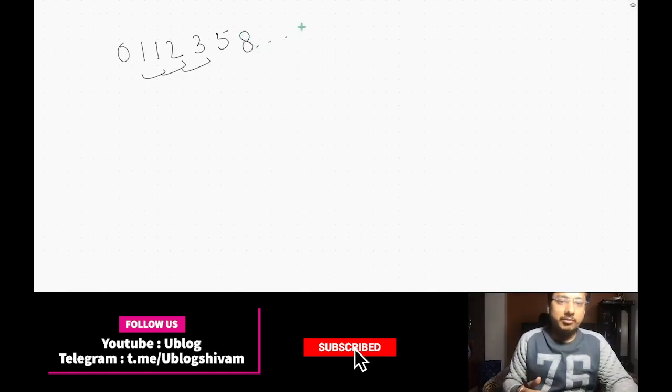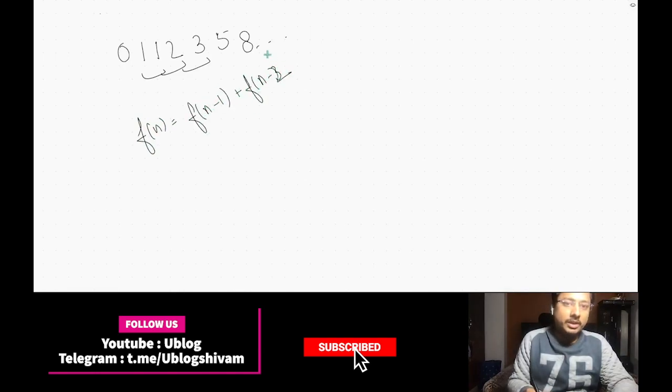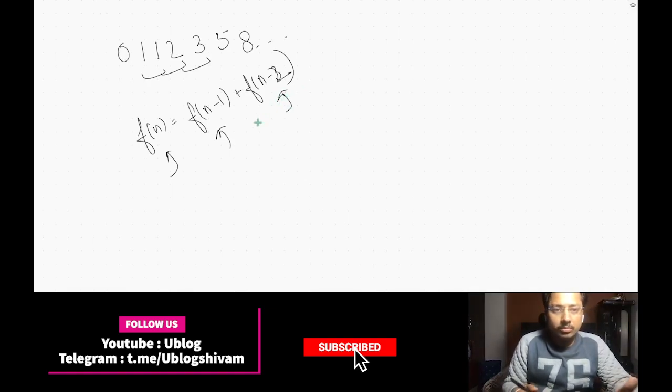Essentially, this is the Fibonacci series, and you can very well write the formula for it. It's essentially Fn is equal to Fn minus 1 plus Fn minus 2, because any element in the Fibonacci series is the sum of the last two elements. So if we have to find the value of Fn, it's just Fn minus 1 plus Fn minus 2. Looks simple, right? We can very easily write a small recursive function to find any nth Fibonacci number. I am assuming you can write simple recursive functions. I'm not talking about very advanced recursion, it's very simple.